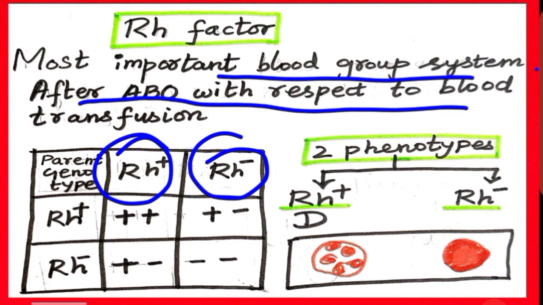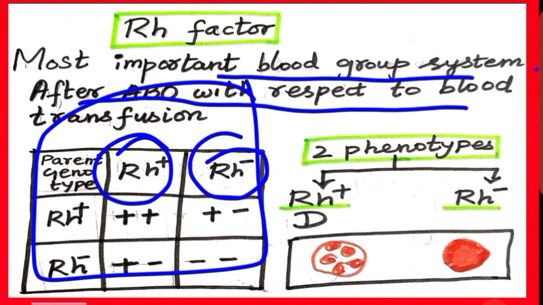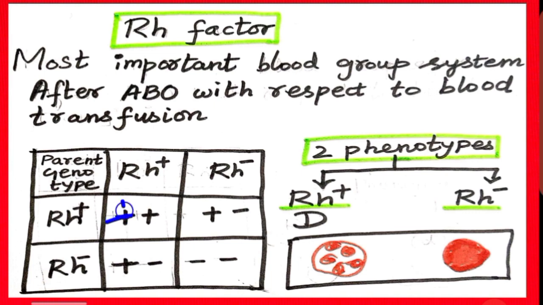If we work this out with the checkerboard method to find the possible genotypes of parents and their offspring, we will get this kind of result. The genotypes are plus plus, plus minus, plus minus,